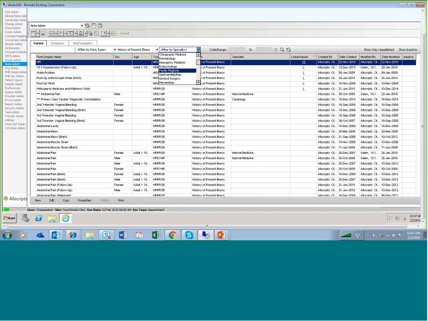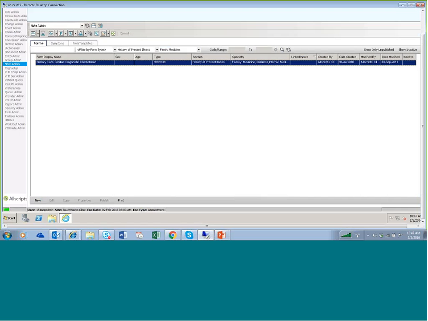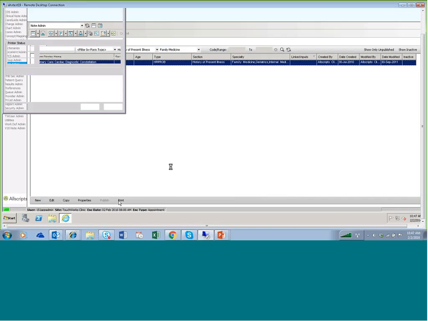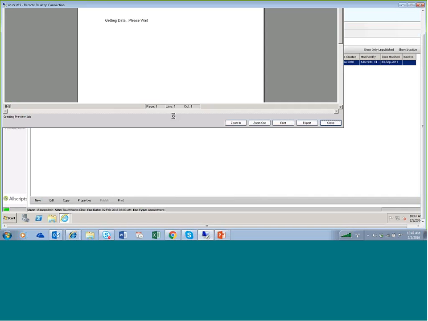So let's say that you are working on some forms for family medicine. You have a new family medicine doctor starting, and you want to give him a list of all of the different note forms that you have worked and created and built out for that particular specialty. You can see we only have one in here, but if we want to print this out and give it to the users, give it to the providers for them to review,